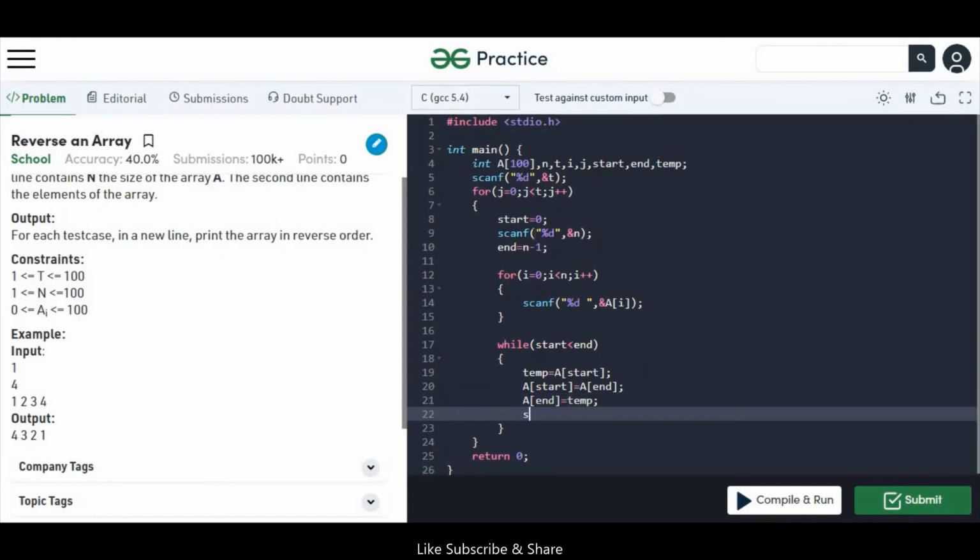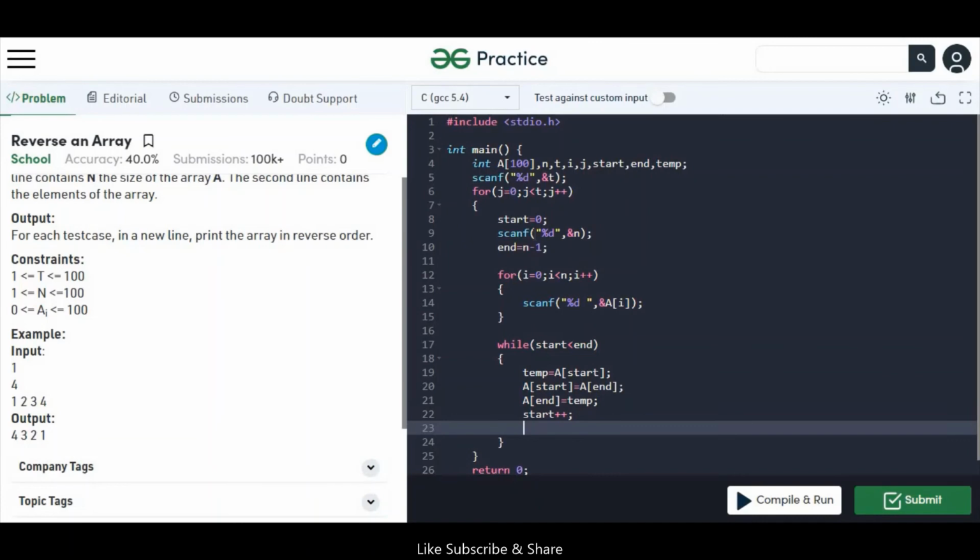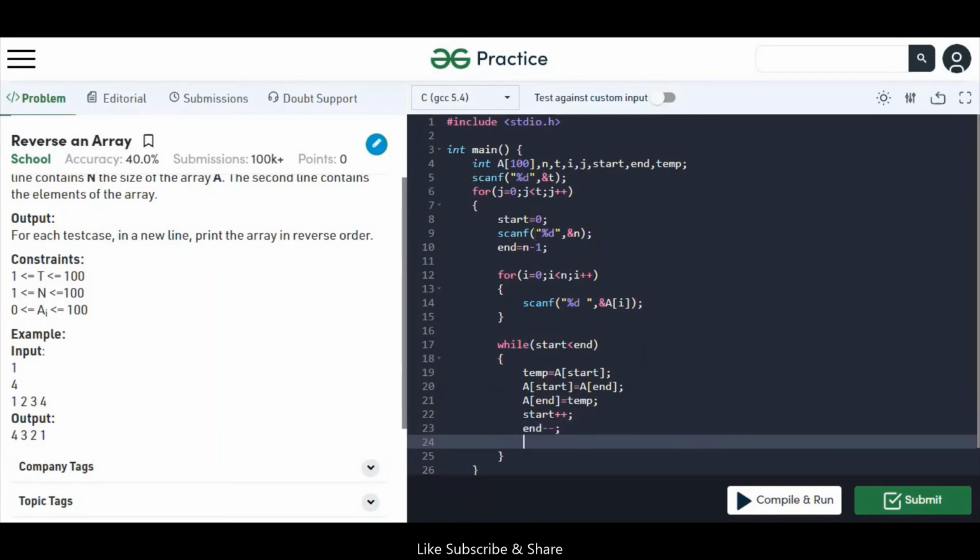Then start plus plus, because start is at the 0th index, and end minus minus, because end is at the last index, the 5th index.